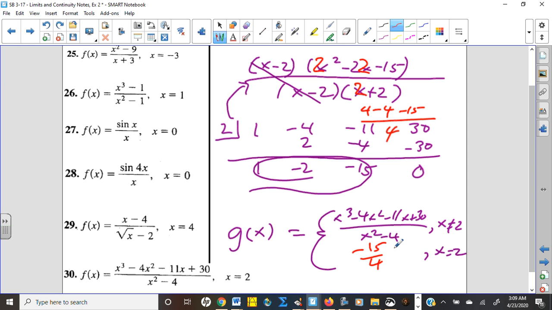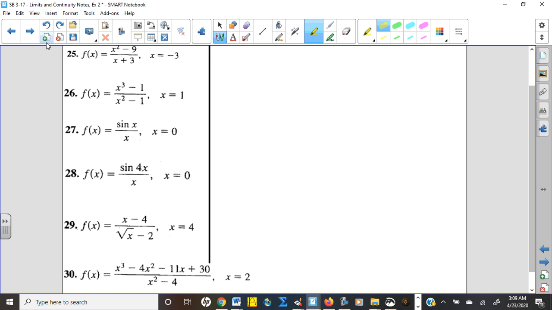Hopefully that helps with more examples of how you do an extended function, is what they call it. But really what it is, it's just a function where a hole has been fixed by plugging it in. There's a hole on our graph, and this is where we plugged the height of that hole. It's now been filled in, and it's no longer a discontinuity. That's really what's going on here. All right,